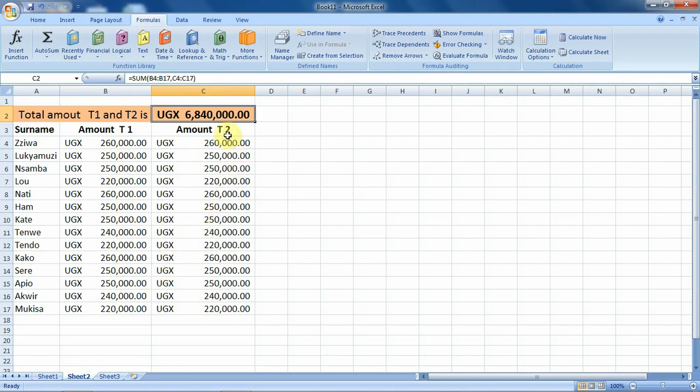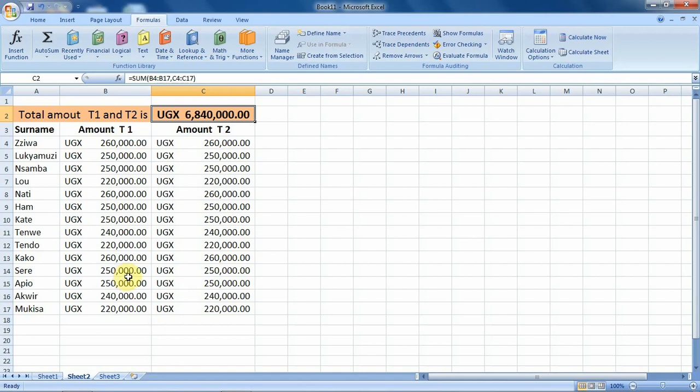So this is how we can use the insert function assistant to help us perform calculation in Excel even without typing in the function. I encourage you to make sure that you try to work with this insert function assistant while doing some calculations in Excel, because it saves you a lot of time.